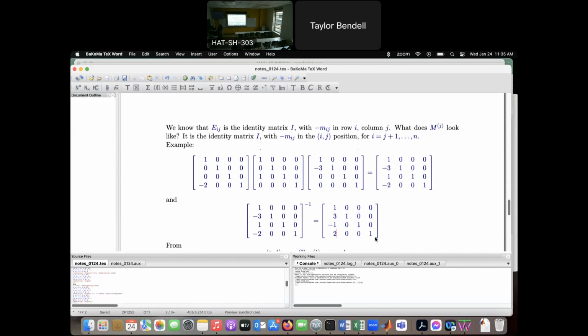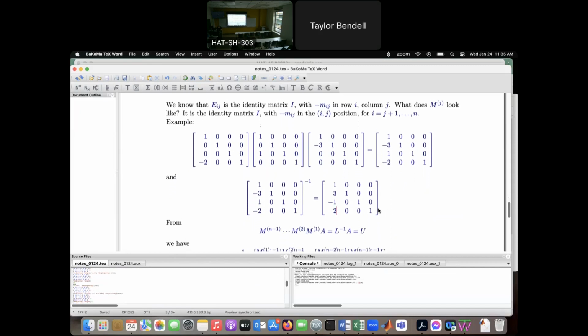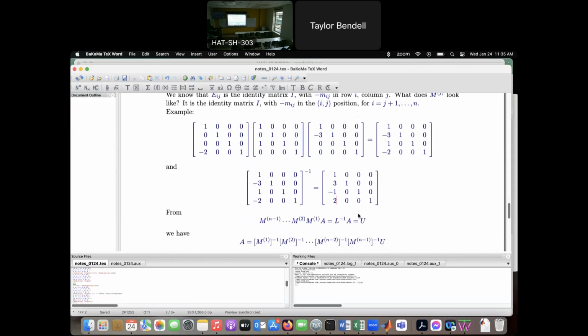Now, soon we'll see why it's very helpful to actually have the inverse. So what's happening is, when I start with A, and I apply all these M matrices to A to eliminate all the entries below the diagonal,